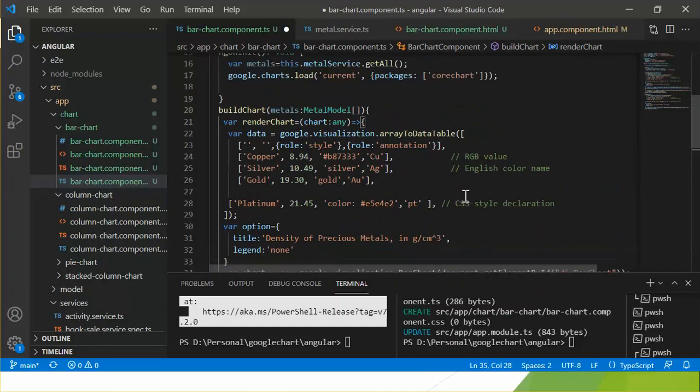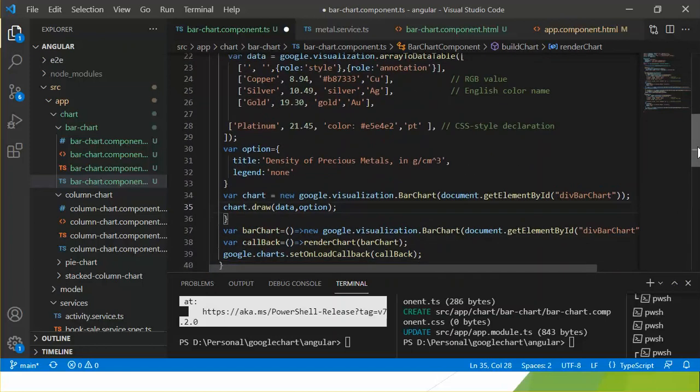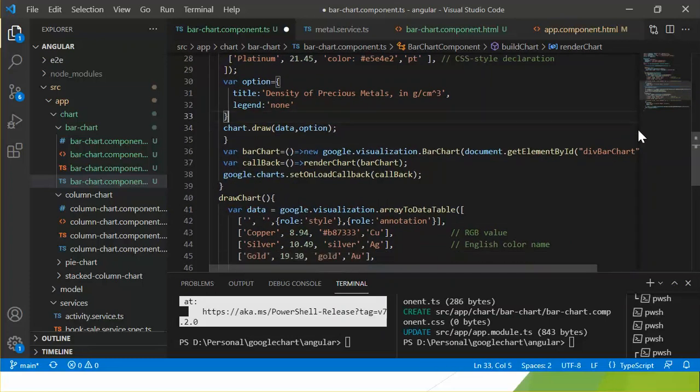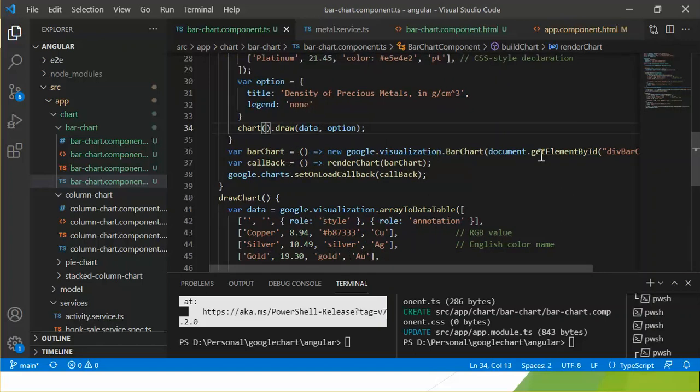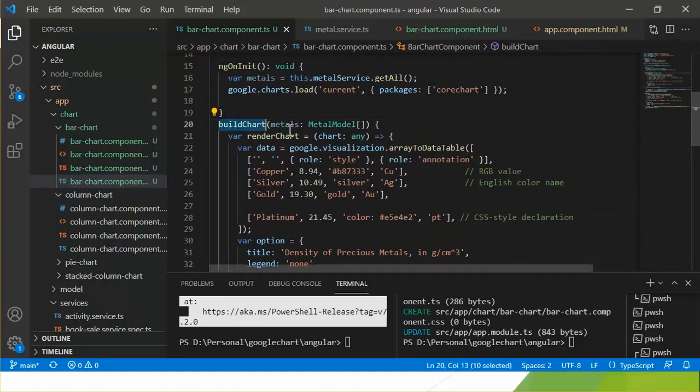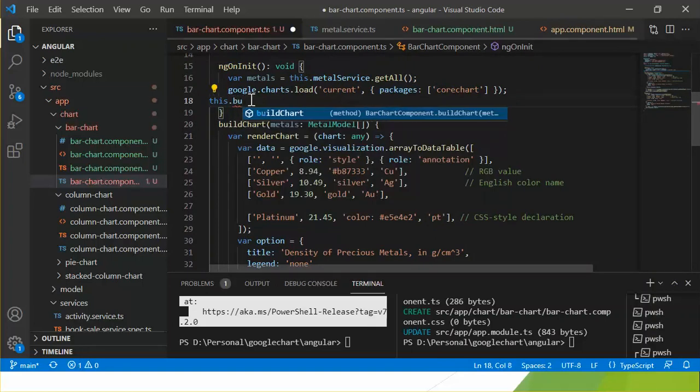This is not a part of instantiation here, and as the chart is a method, not a variable, I need to add this signature. So here I need to call the build chart method and pass the metals.